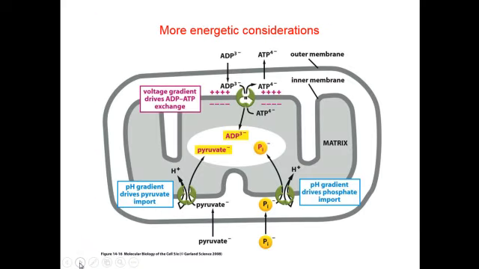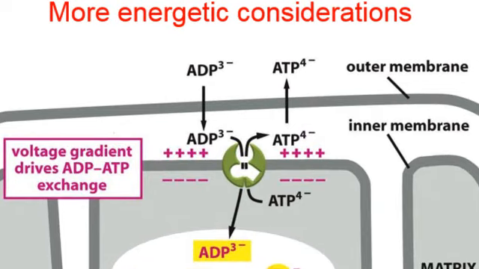A couple of other energetic considerations that we have to look at. So we're going to be producing ATP inside the mitochondrial matrix, and that ATP has to be exported in order for it to be used elsewhere within the cell and within the organism. And so ATP has a charge of 4- on it, and so that is going to be leaving the mitochondria. And ADP with a charge of 3- is going to be coming into the mitochondrial matrix,